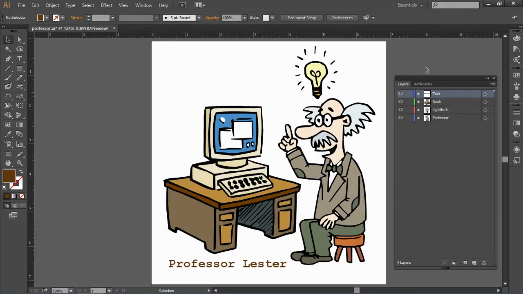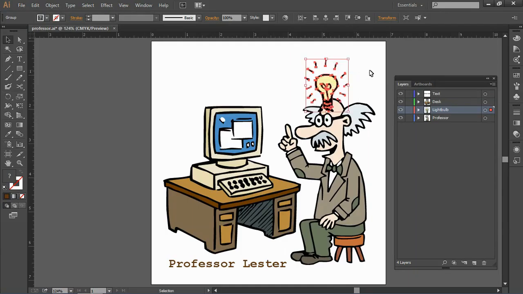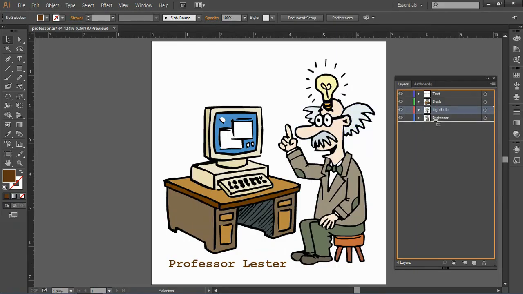Okay, so what's really the point other than organization? Because I can just as easily group. Well, let's say I want to take this light bulb and drag it down over the professor's head. Now I can have it over the professor's head or behind the professor's head. When I take it, let's drag it kind of like that. The light bulb is on top of the professor's head because you can see here in the layers panel, it's over it. If I want to put the light bulb underneath, I simply take and I drag down below, and now because the light bulb is below the professor in the layers panel,